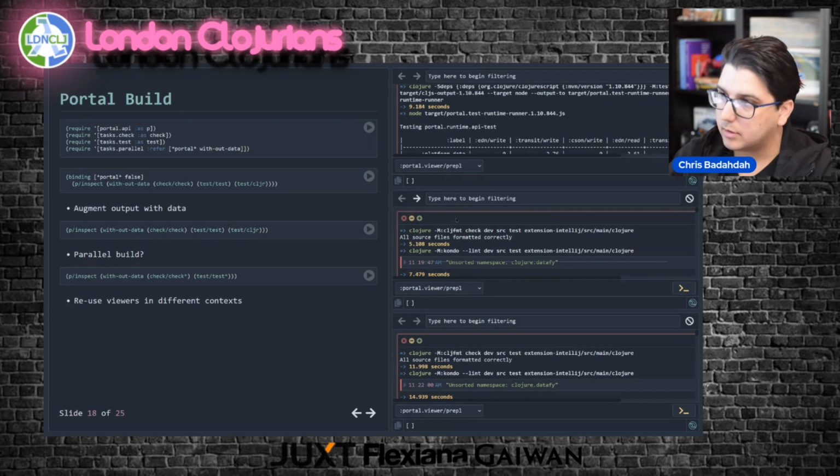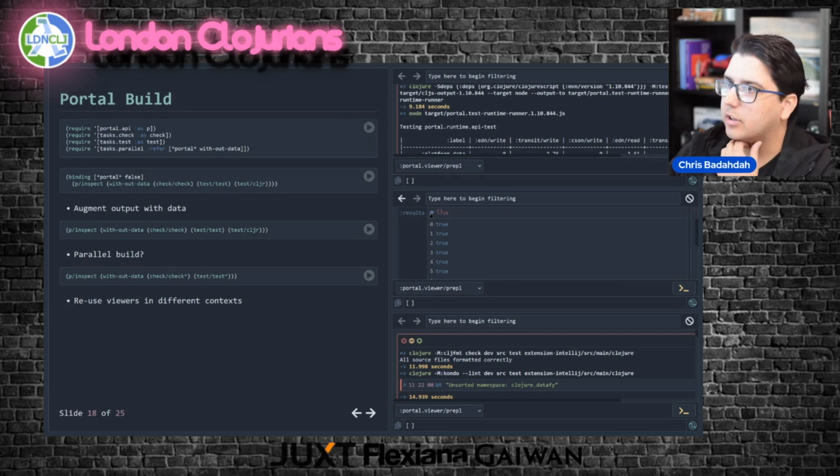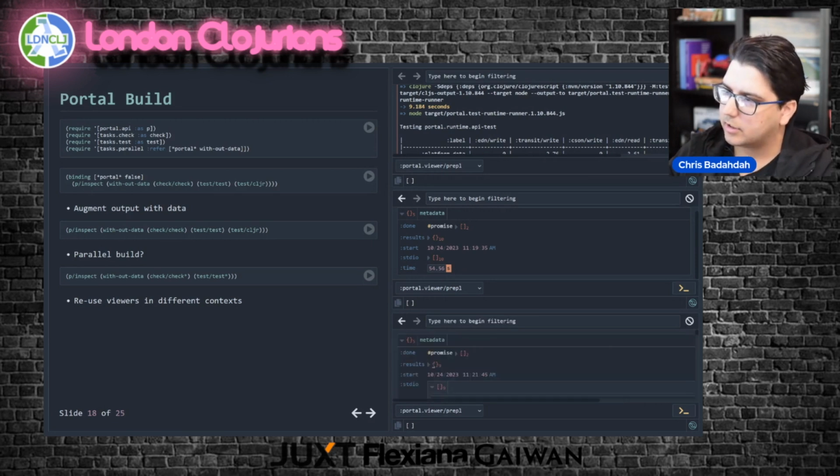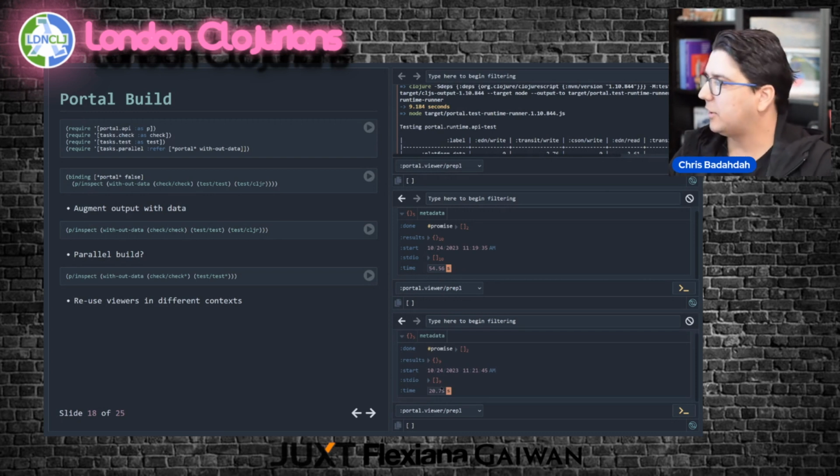This one. Yeah, so this took 54 seconds, and then the parallel one took 20 seconds, right? It makes sense, because with parallelization, if you can run them all at the same time, you can.